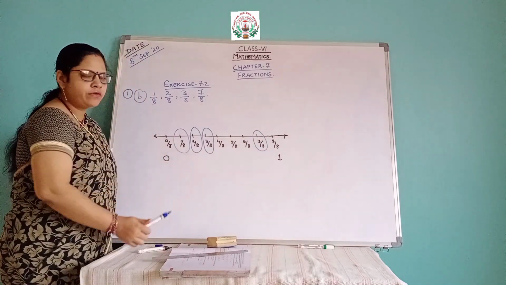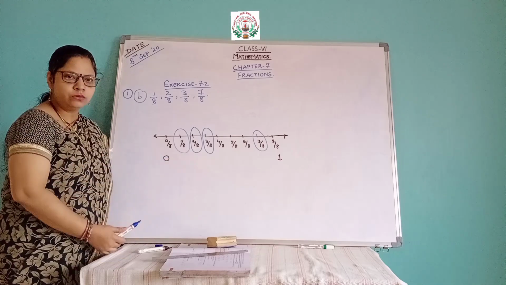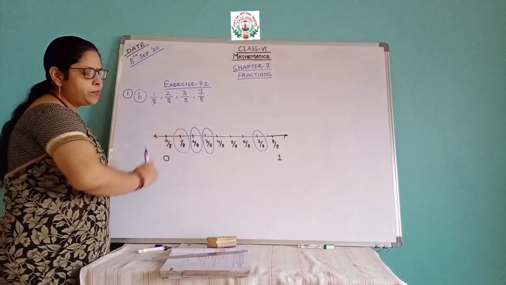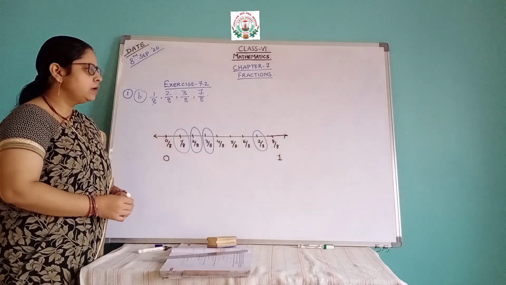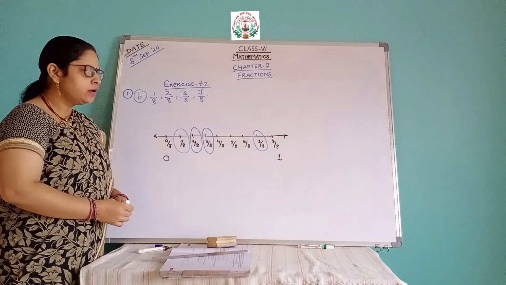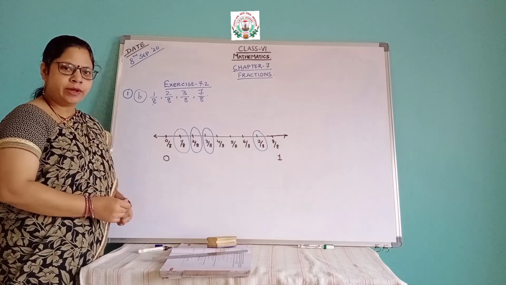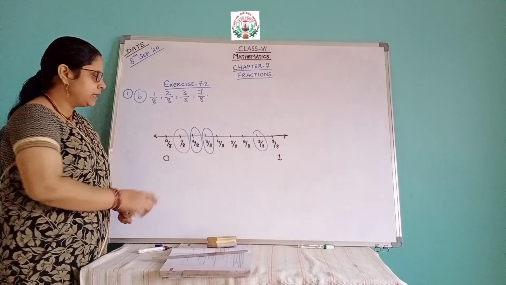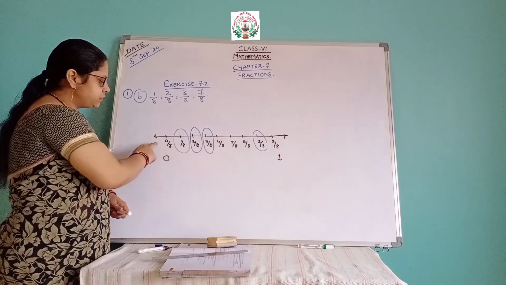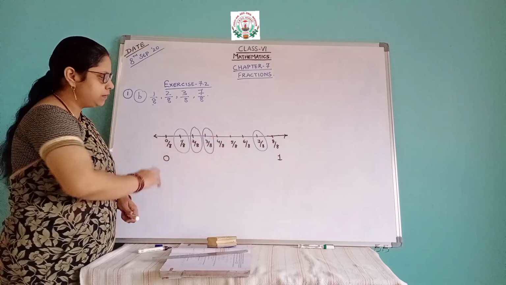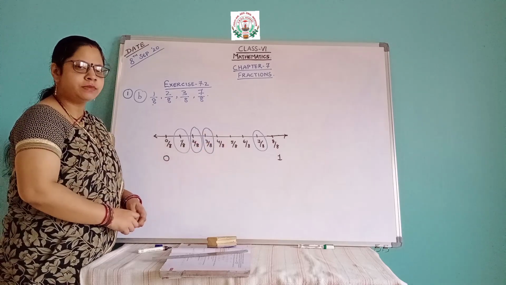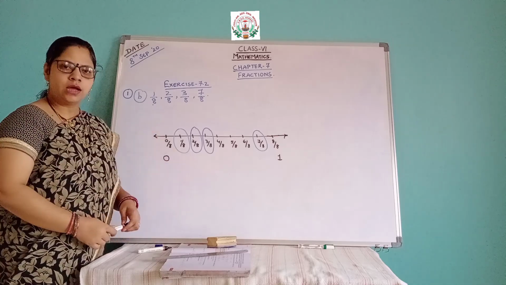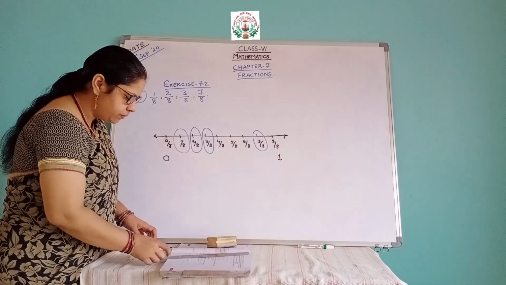Simple. If you have understood the first part, you can easily do the other parts also. So it is clear now. If your denominator is 8, it means you have to make a total of 8 equal parts. The 8th division will be 8 by 8, that is 1, and in between there will be 7 markings, and just mark like this. First will be 0 and the last will be 1. In between you just mark all the numbers with the denominator 8 and just encircle the questions asked. So it is clear now.